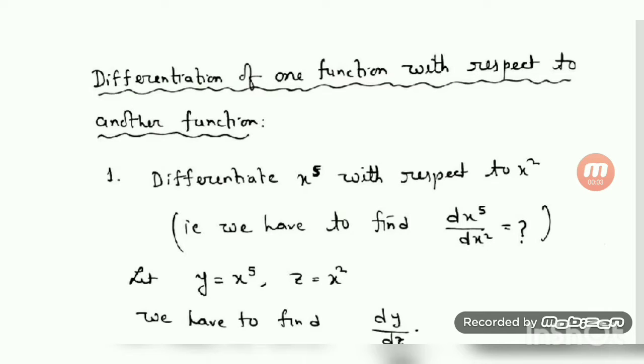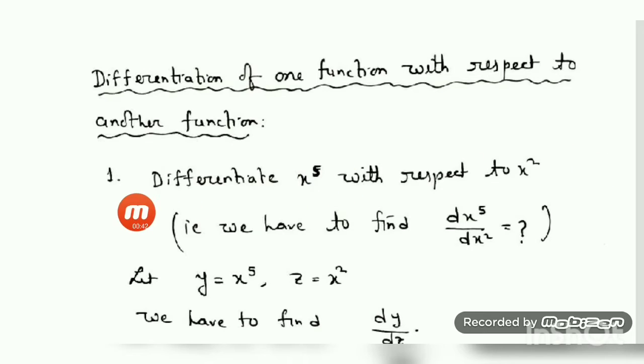Hello student. Today we will do differentiation of one function with respect to another function. You see, this type of differentiation, that means when you want to find the differentiation of one function with respect to another function, then we cannot do the solutions directly. So what to do first? You have to convert this type of function into parametric form and do the solution by using parametric differentiation. It will be more clear to you when you do problems on this.